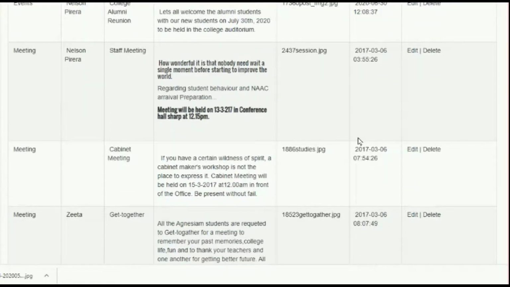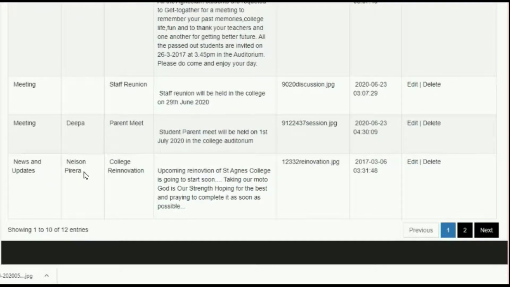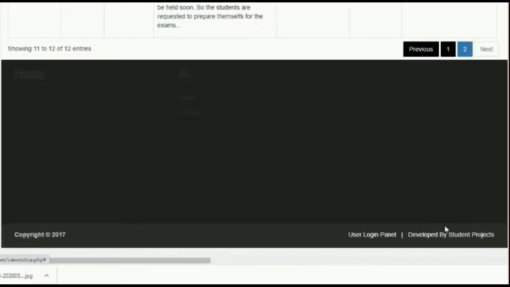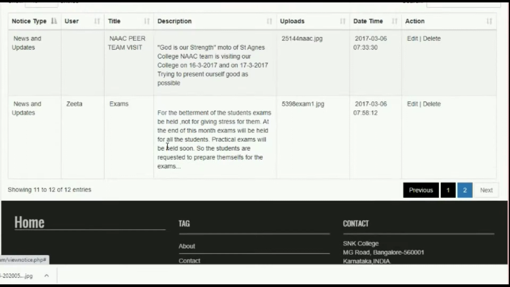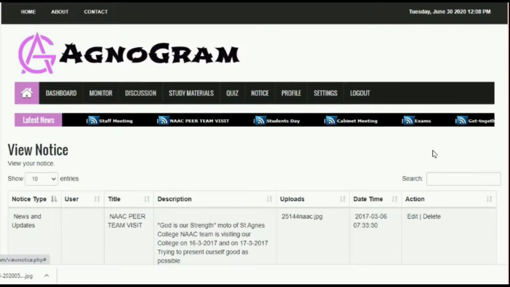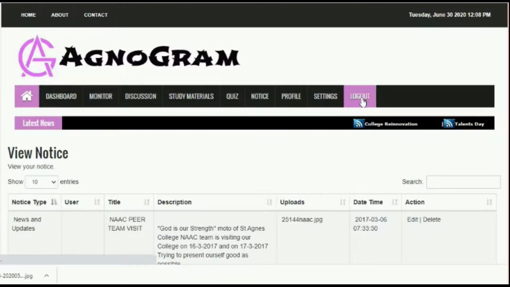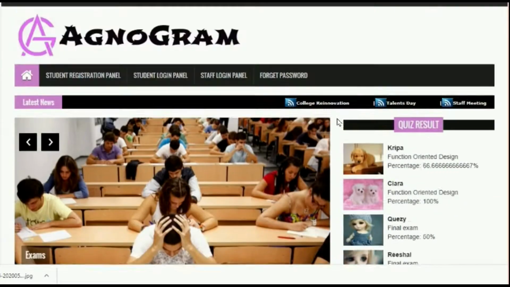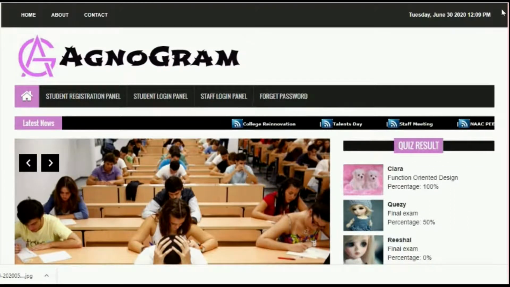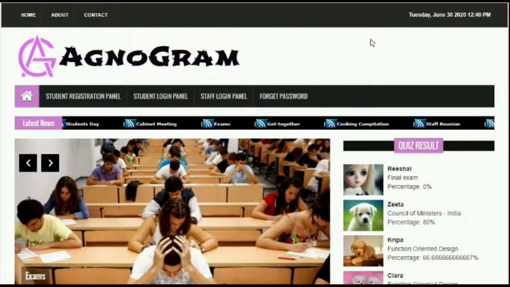Admin can view the notices under View Notice. They also have the action to edit and delete. As the admin logs out, the control is redirected to the home page.